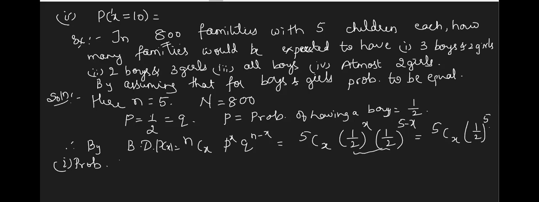Please answer. Probability of having 3 boys and 2 girls. So this X is related to which quantity? Related to P or related to Q? P, ma'am. Related to P. So P is what? Probability of having a boy. That means here having how many boys? 3. So is it exactly, less than, at least, or at most? What do I have to use? Exactly.